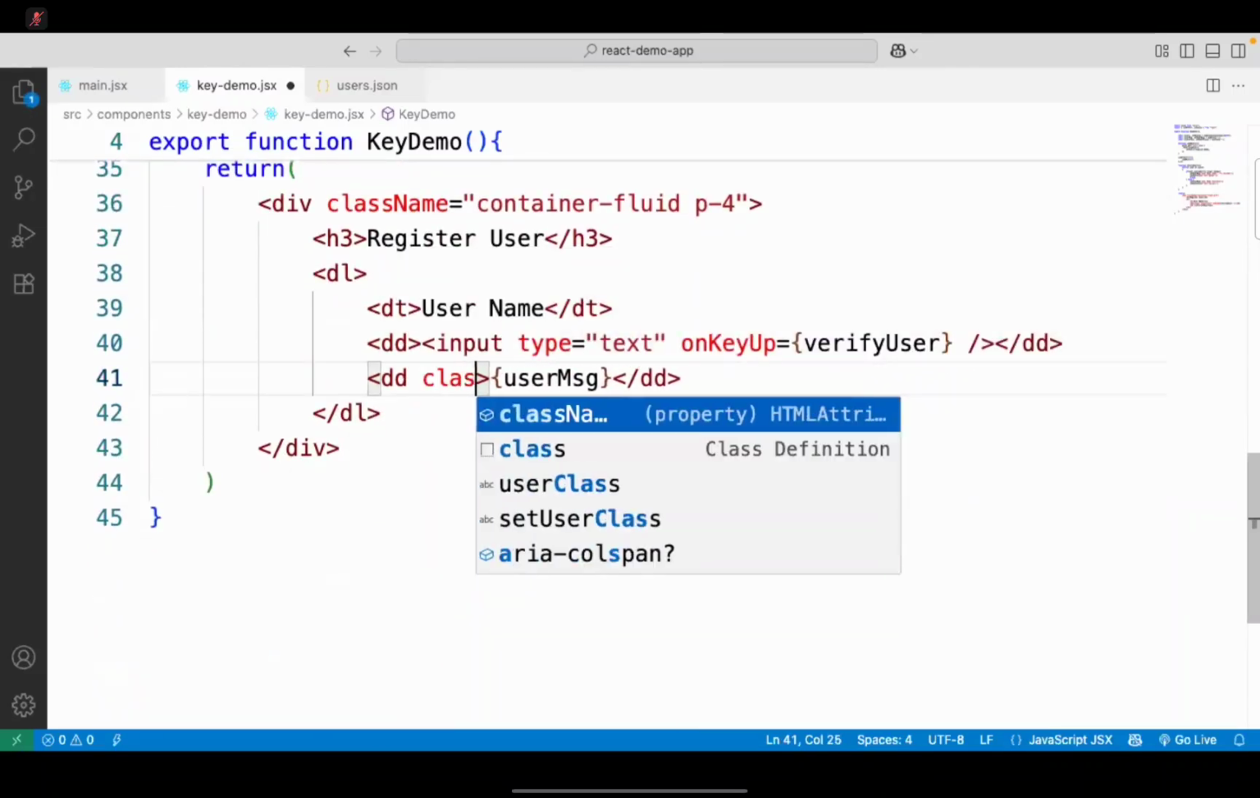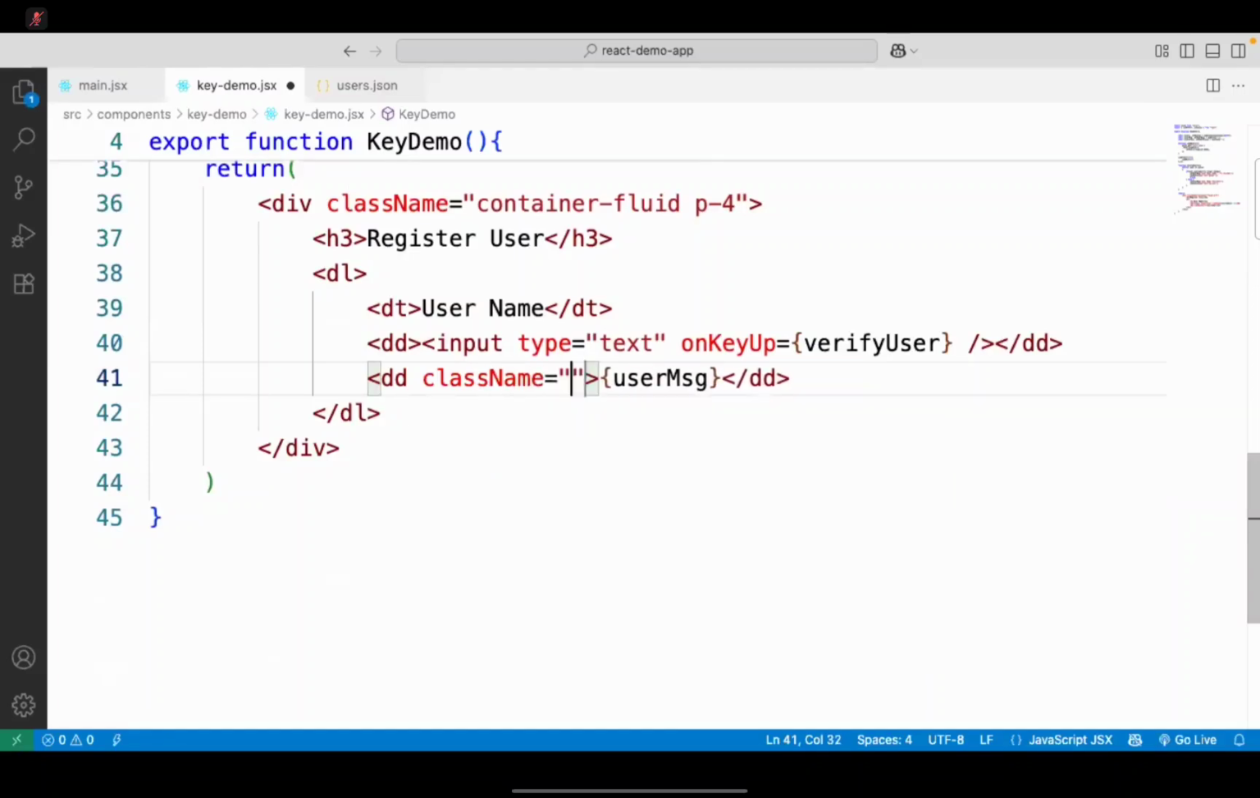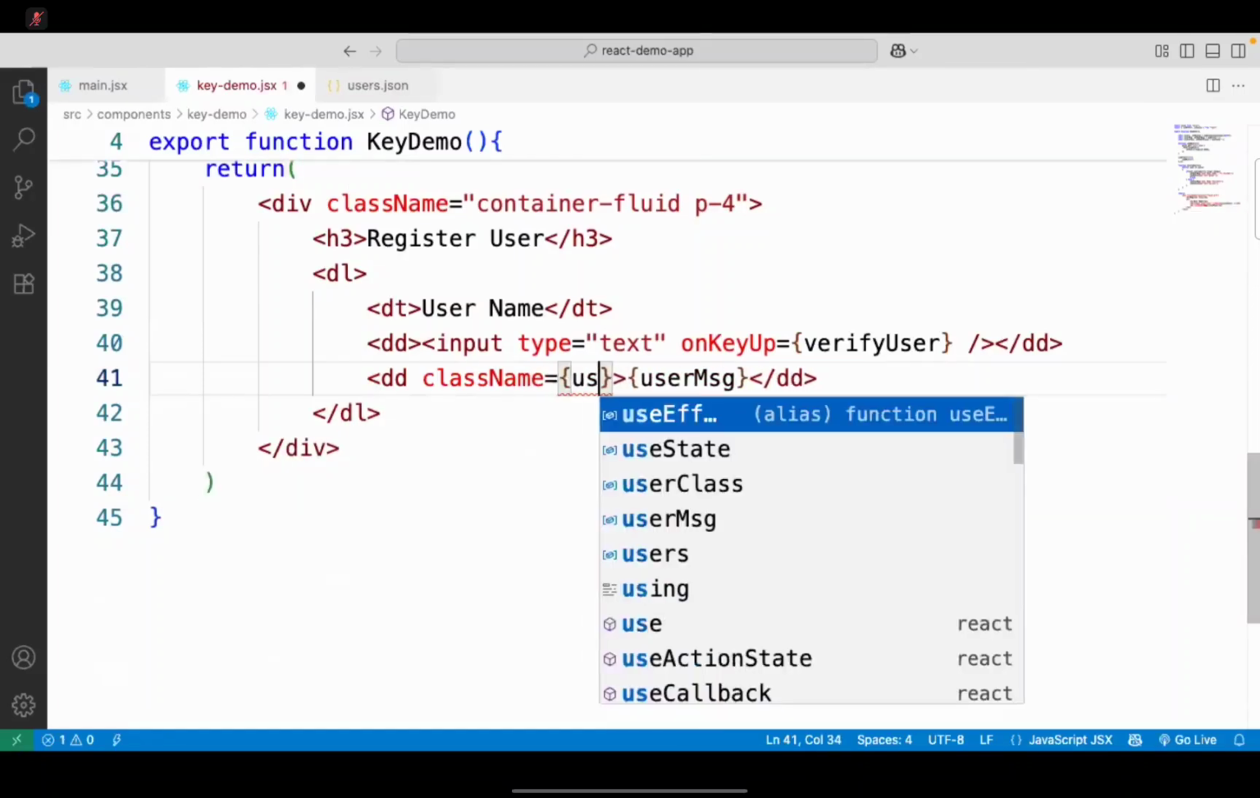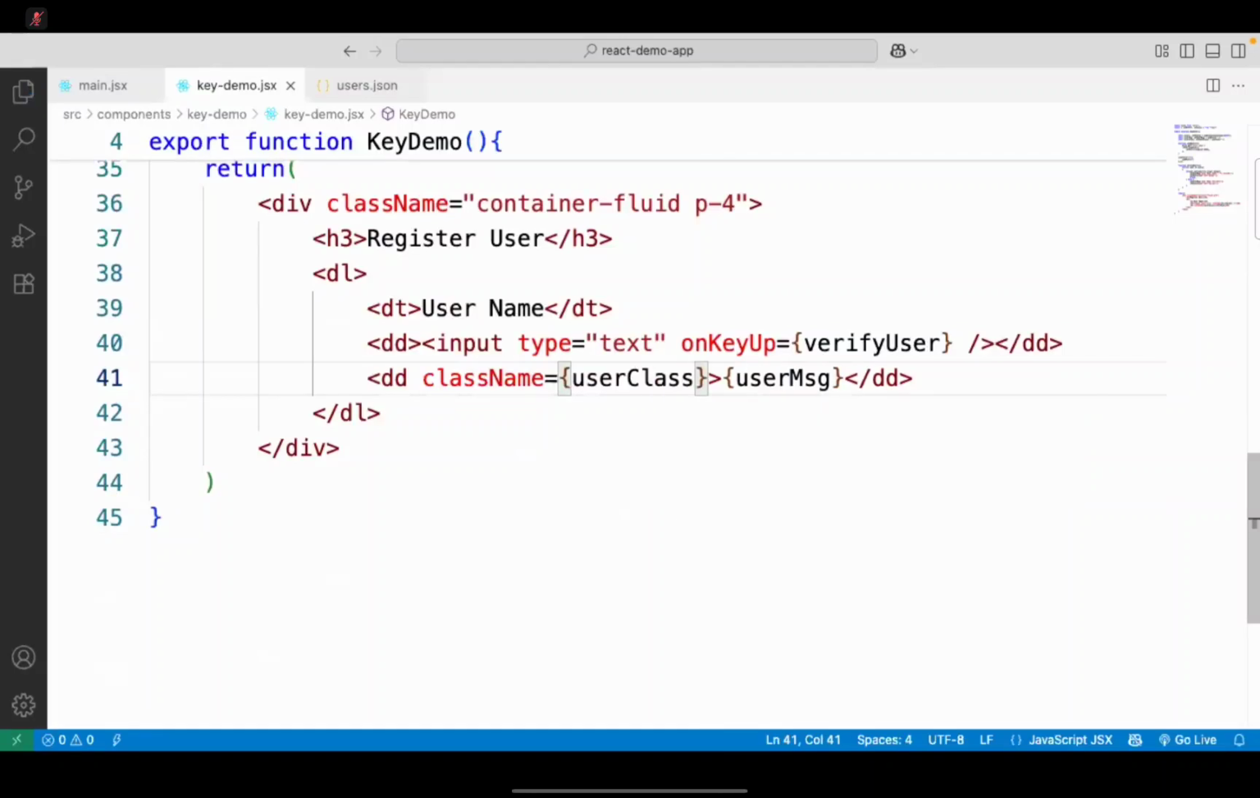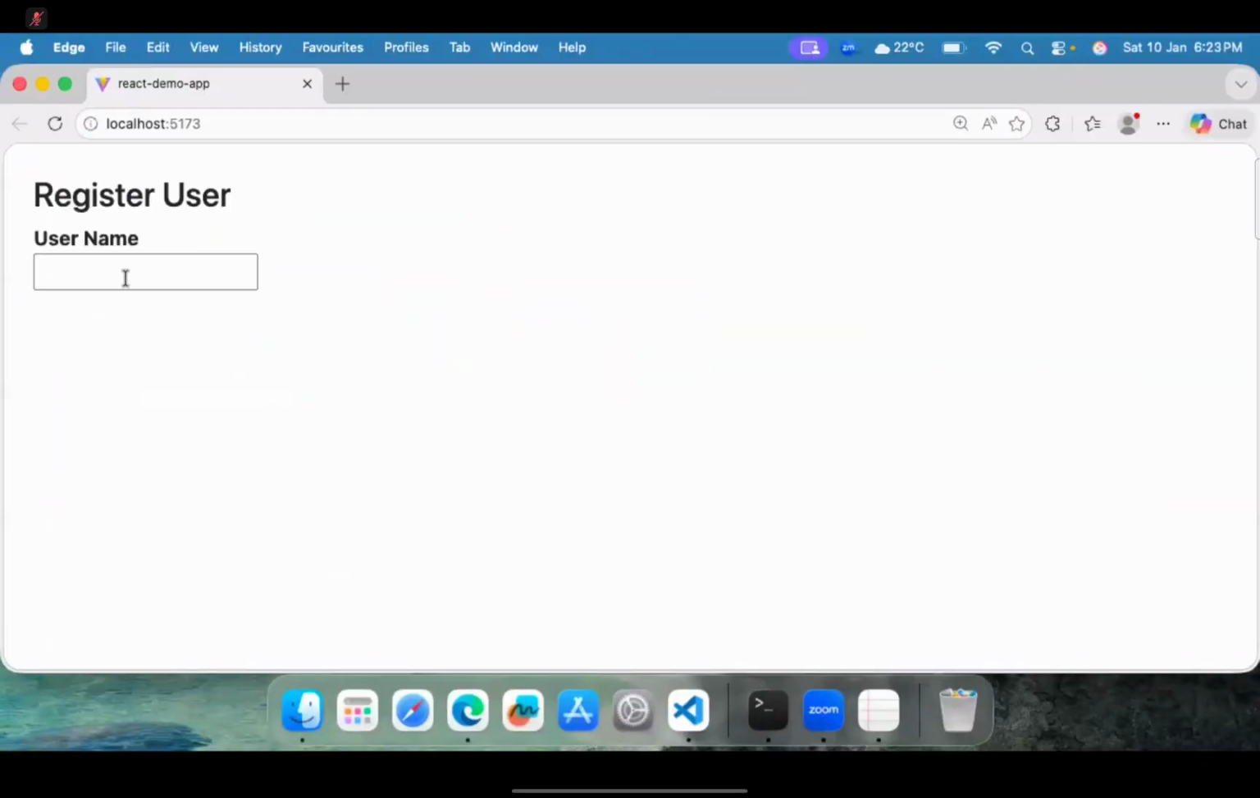We need to apply the class to this definition. Here we have to apply the class name. Where is the class name dynamically coming from? User class. So now it is fine. You entered, it is available, and it is taken. It will display. That is generally done by using